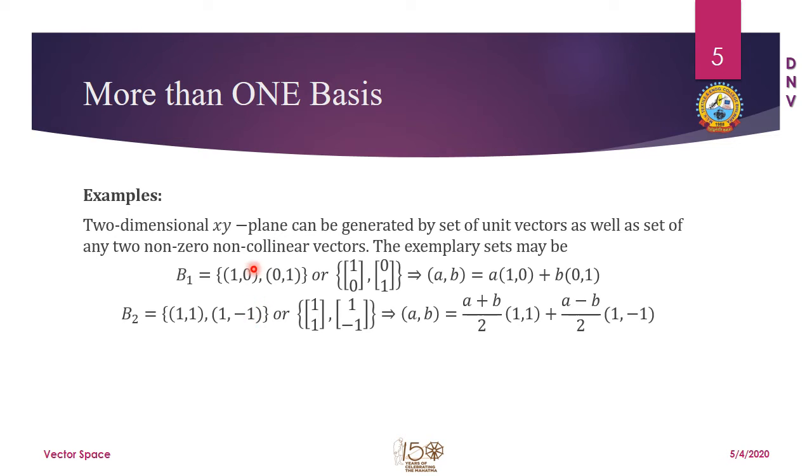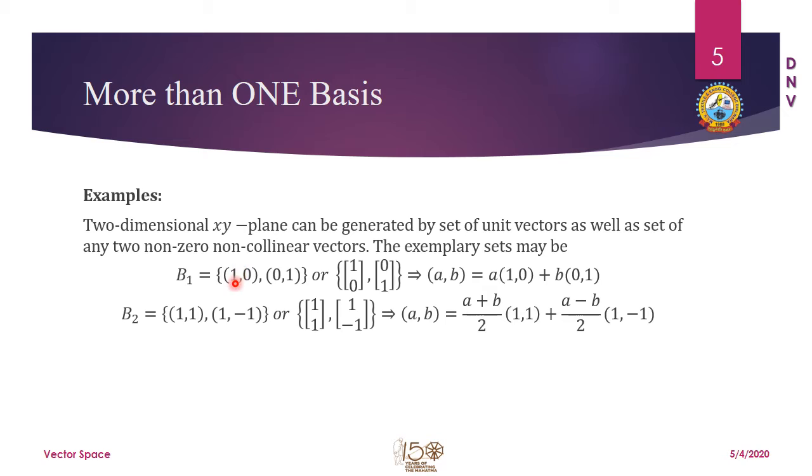So as I said, there may be more than one basis, but the number of elements in those bases will be the same, and that number is always known as the dimension of its span. Whatever set they are going to span, or whatever vector space, will always have dimension equal to the number of elements in it. Moreover, a two-dimensional plane will have two components in a vector, and the same represents the dimension also.